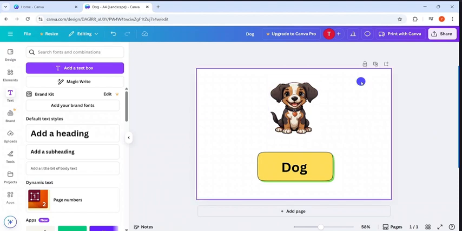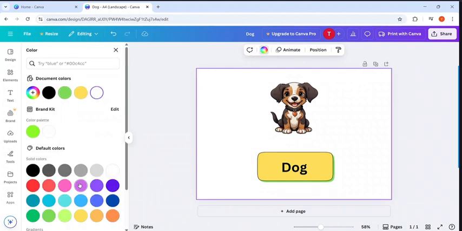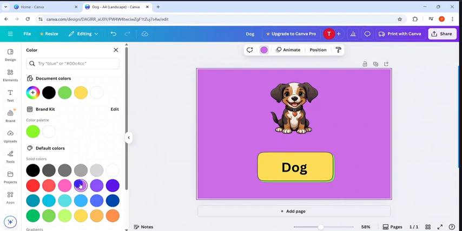So this is page one. I'm just going to elements and selecting a